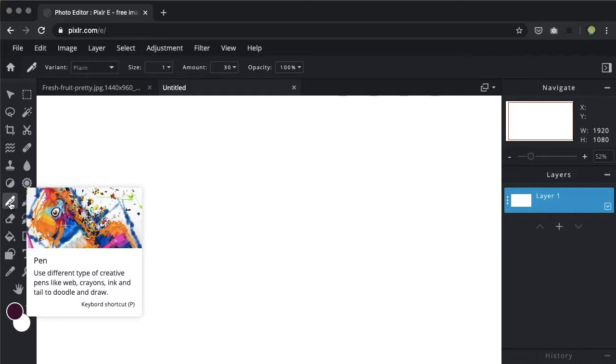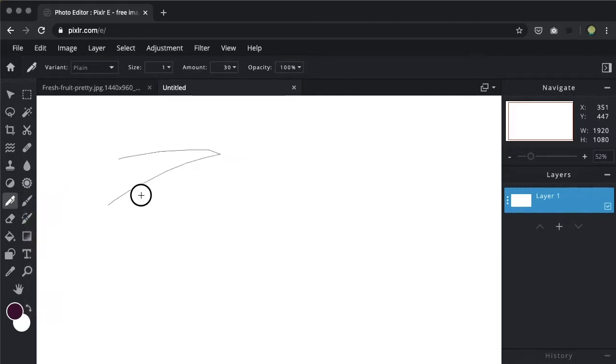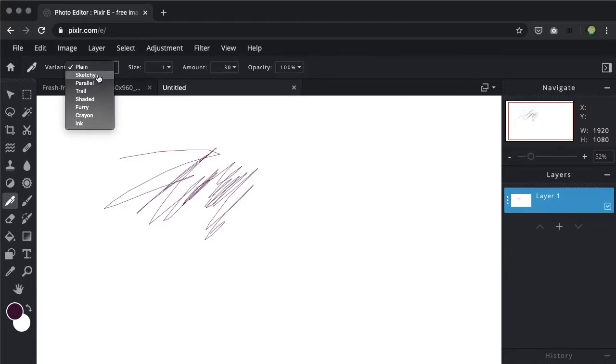There are a lot of different drawing tools in this photo editor and all photo editors. Many of them will come with a pen or pencil tool, which has a very, very fine line to it, like a very sharp pencil. And usually it will have some other options. So sketchy